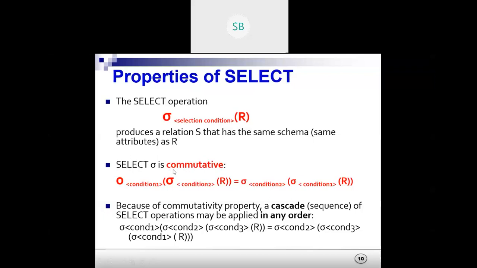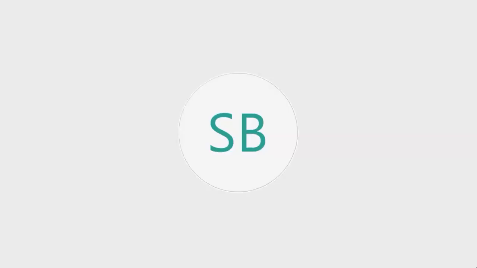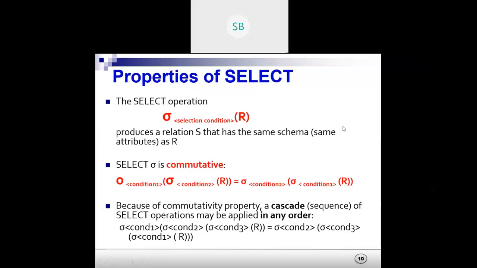Now select is commutative. So commutative, you are aware of it, that property in mathematics, that A plus B. Yeah, everyone, can you hear my sound? Yes, students, please. Yes, ma'am. I don't know, Partha is not hearing me. Partha, you check your net. I think your net problem is there. Mine is okay. I think everyone is hearing. If you don't hear me, I'll share the PPT in your ERP. Anyway, I'll be uploading it to YouTube, so you can hear from that also.